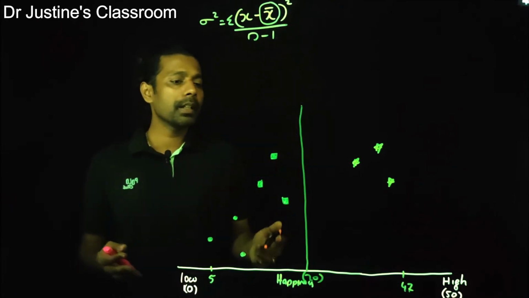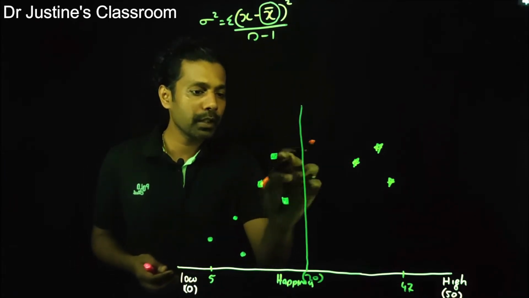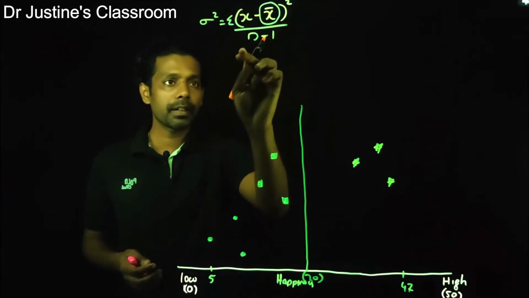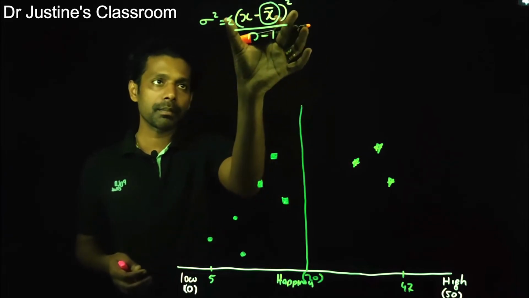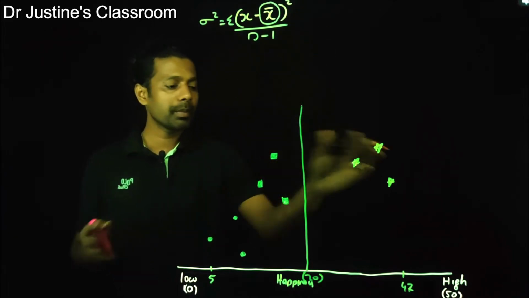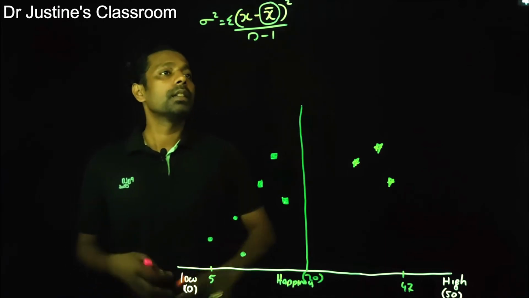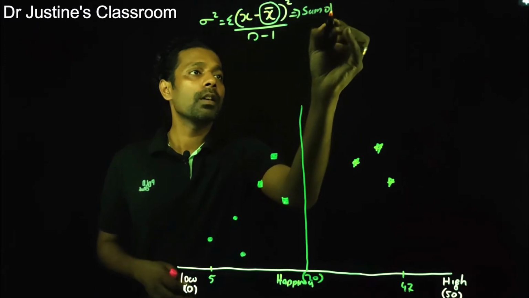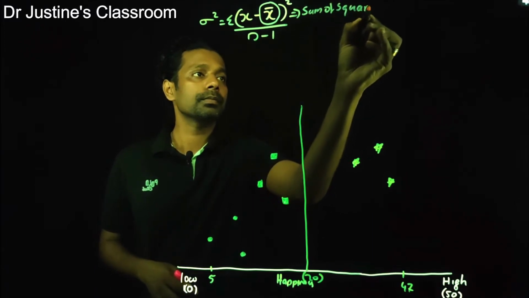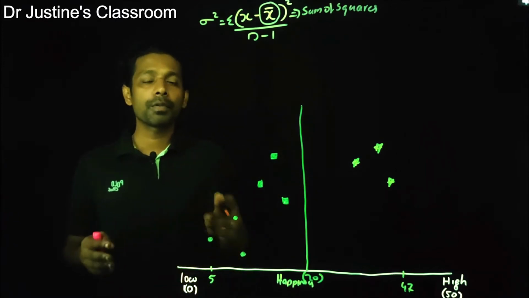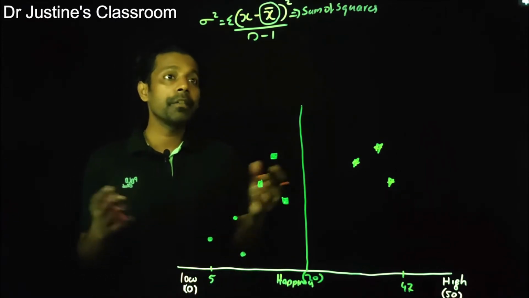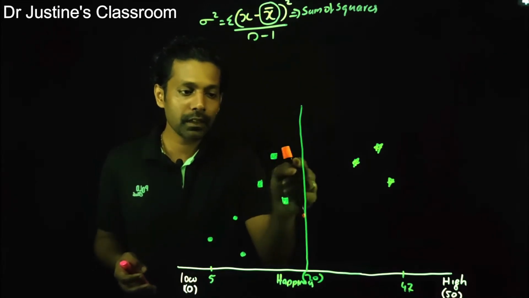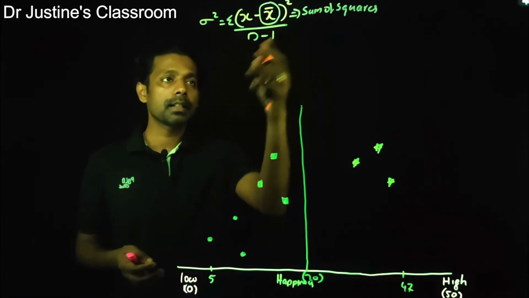So what I would be doing is subtracting each value from this mean and finding the square of it. Then I'll sum this, and the average of that, divided by n minus 1, would be my variance. This upper part is called the sum of squares. Sum of squares means the sum of squares of deviation, that is, the deviation between the mean and each observation, squared and summed.